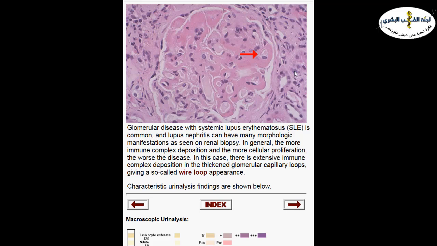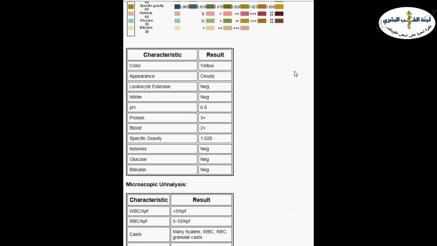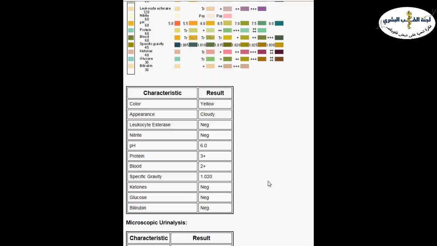Now they have different stages according to the severity of lupus nephritis. Later on they may also have hypercellularity, and even sometimes they can be complicated with crescentic glomerulonephritis and rapidly progressive glomerulonephritis. Because they have nephritic syndrome, we expect that their urine analysis will show proteinuria in addition to hematuria. We can see RBCs in their microscopic urine analysis. Sometimes we can see casts, granular casts and tubular casts.